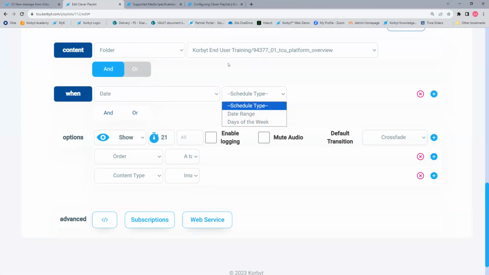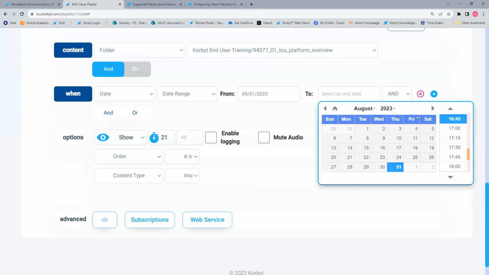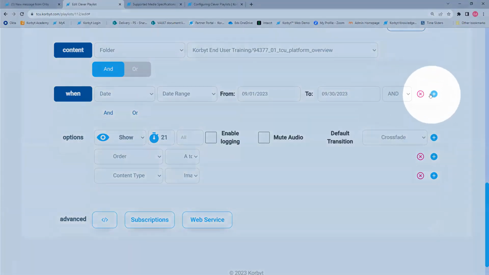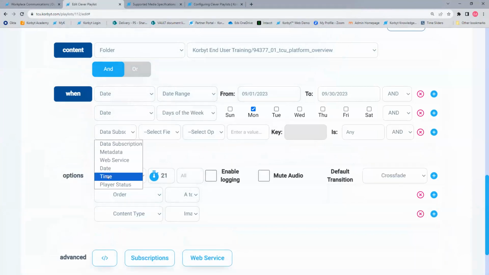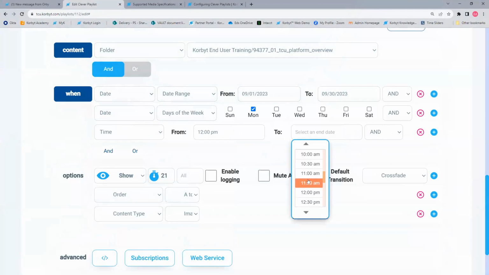So I can say, these training slides, I only want them to show between the dates of September 1st, September 30th, and when the day of week is Monday, and the time of day is between noon and 2:30.